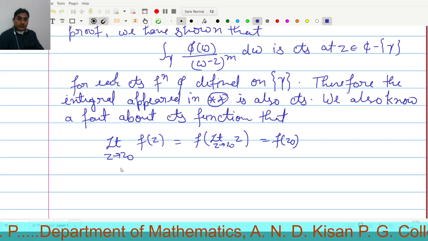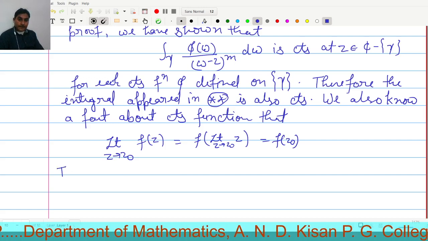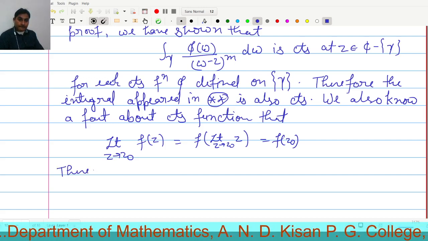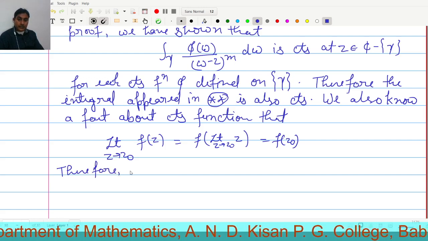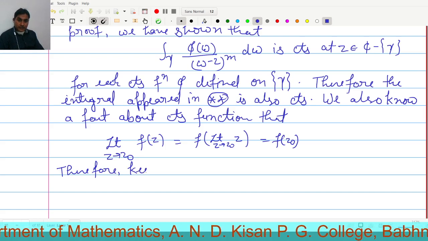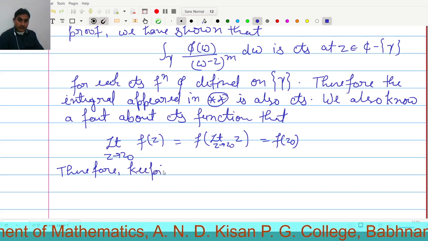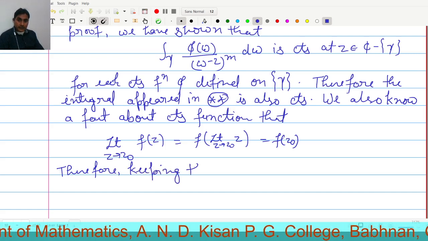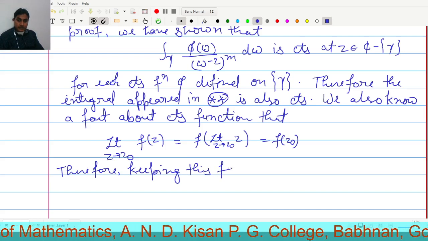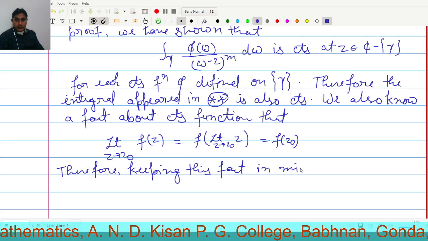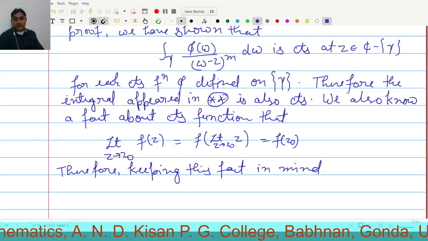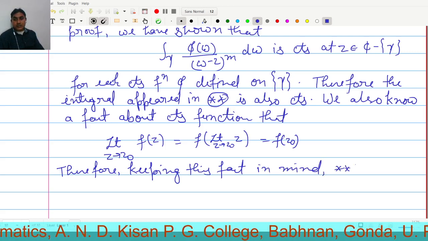So keeping this fact in mind, double star can be written as